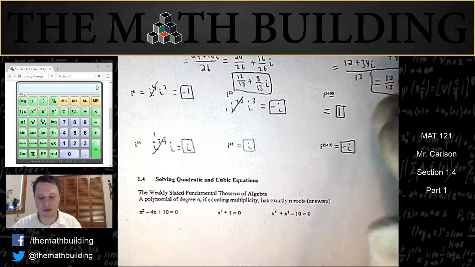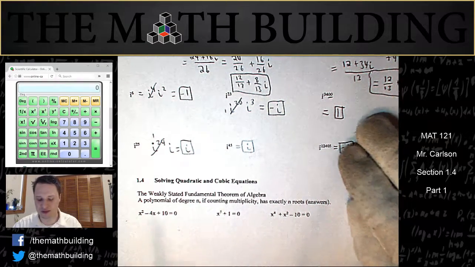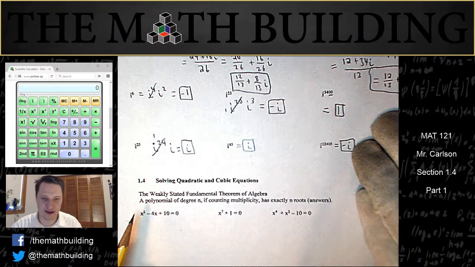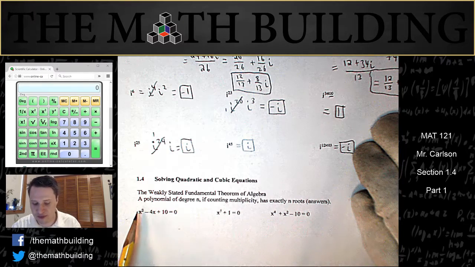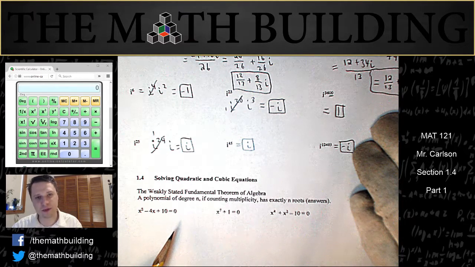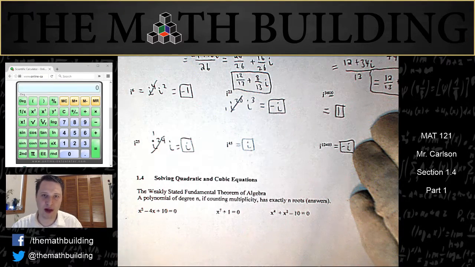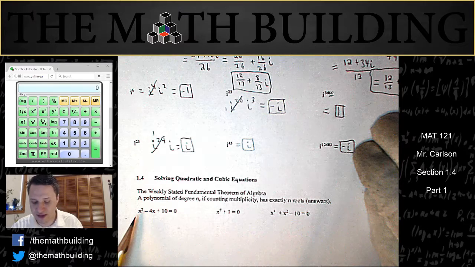The fundamental theorem of algebra can get a little complicated, so I don't want to get too deep into it. But one nice thing that it says is that if you have an equation of this kind of form, some kind of polynomial, where you have x to a power in decreasing orders of x, then the number of answers it's going to have is equal to the degree of the polynomial. And the degree of the polynomial is easy because that's just the highest exponent